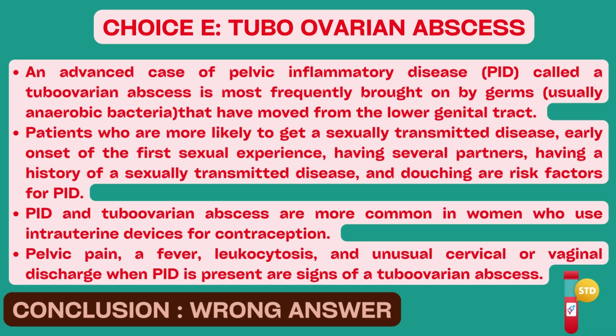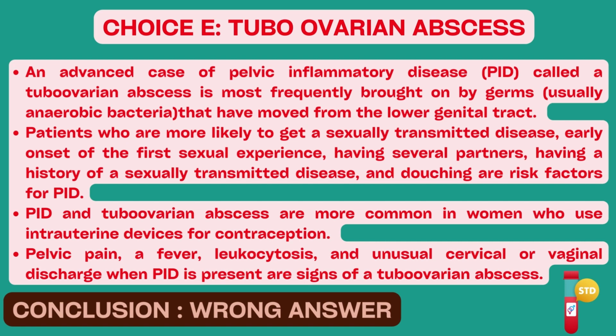Patients who have an early onset of the first sexual experience, having several partners, having a history of a sexually transmitted disease, and douching are risk factors for PID. PID and tubo-ovarian abscess are more common in women who use intrauterine devices for contraception. Pelvic pain, a fever, leukocytosis, and unusual cervical or vaginal discharge when PID is present are signs of a tubo-